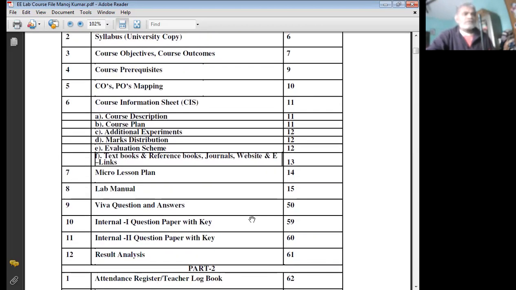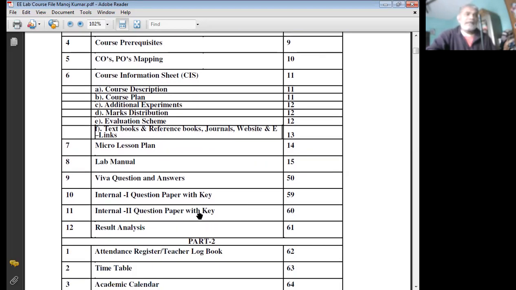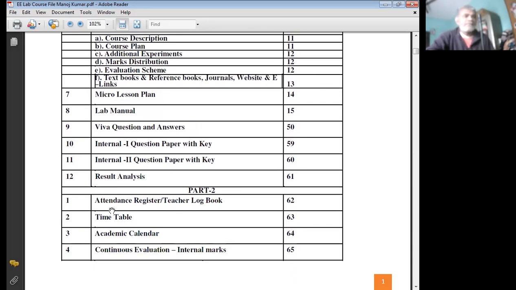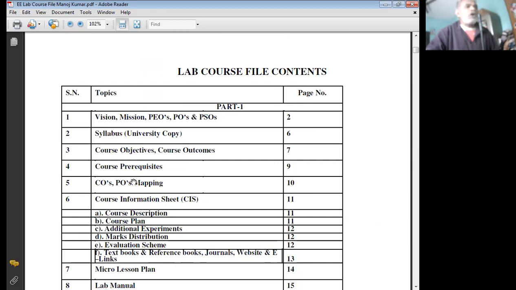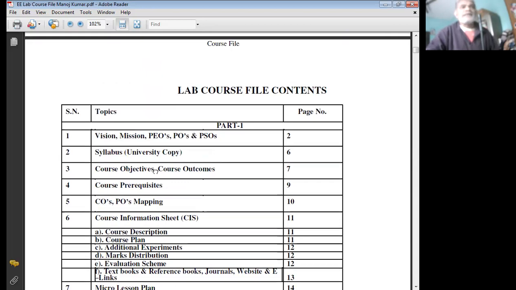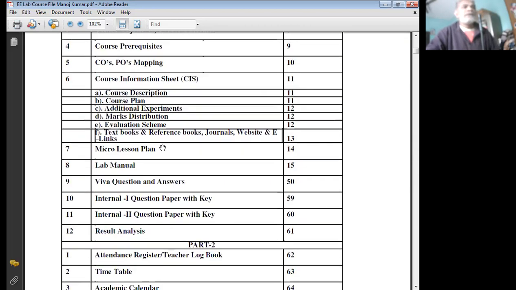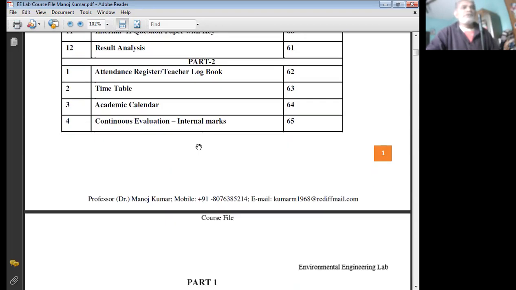manual, viva questions and answers, internal 1 question paper with the key, internal 2 question paper with the key, result analysis, attendance register, teacher logbook, timetable, academic calendar, continuous evaluation, internal marks. These are the 16 topics which are to be covered in the case of the laboratory